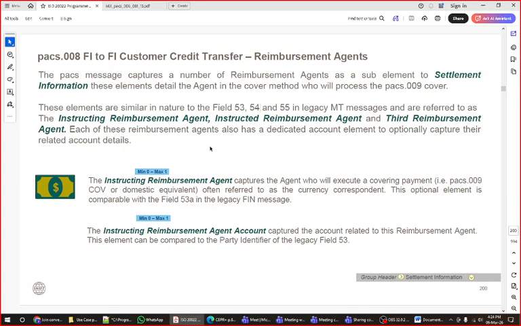The PACS message captures a number of reimbursement agents as a sub-element to settlement information. These elements detail the agent in the cover method who will process the PACS.009 cover as well. These elements are similar in nature to fields 53, 54, and 55 in legacy MT messages and are referred to as the instructing reimbursement agent, instructing